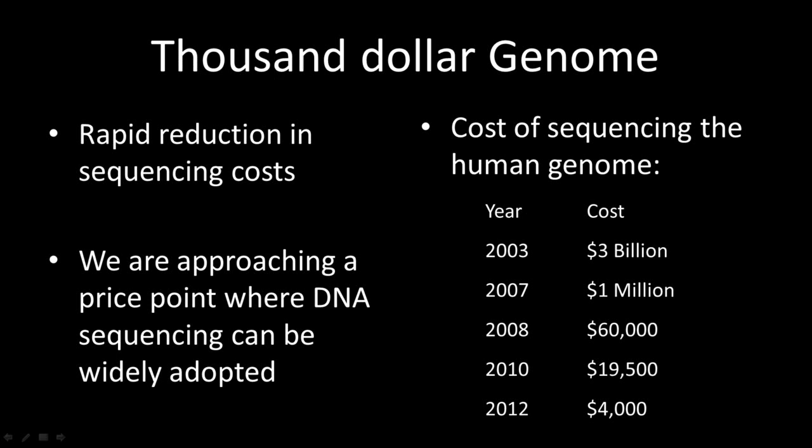We're currently undergoing a rapid transition towards everyday genetics. The first sequenced genome was completed by the Human Genome Project in 2003 at the cost of $3 billion. And the cost came down to $1 million in 2007, and now in 2012, we're able to sequence the genome for $4,000. The reason for the rapid reduction in cost is due to the brilliant and continuous innovation in sequencing